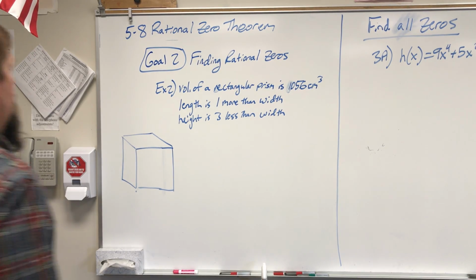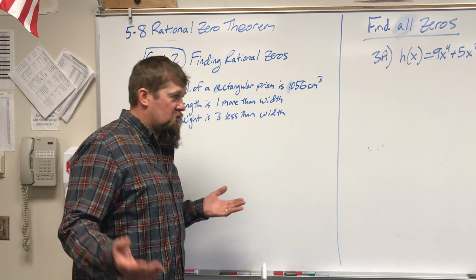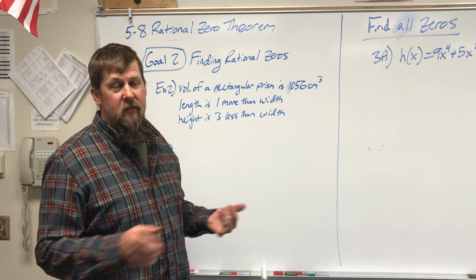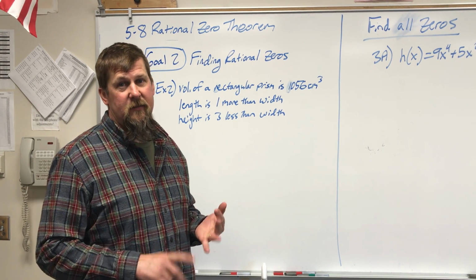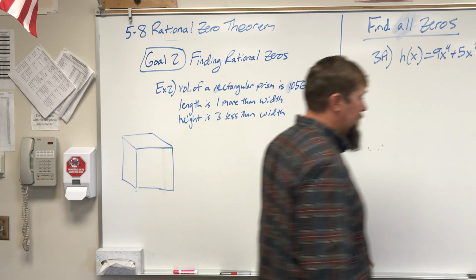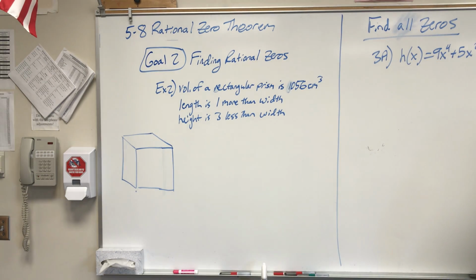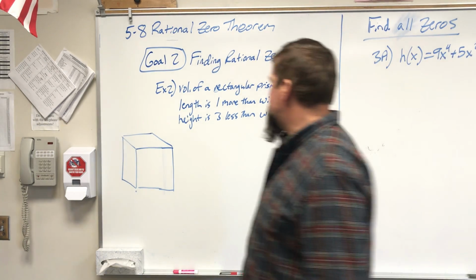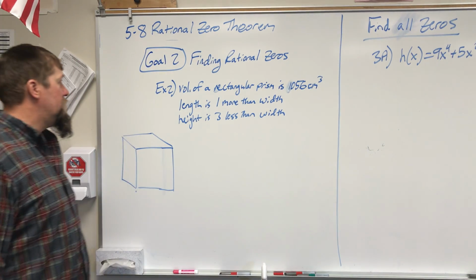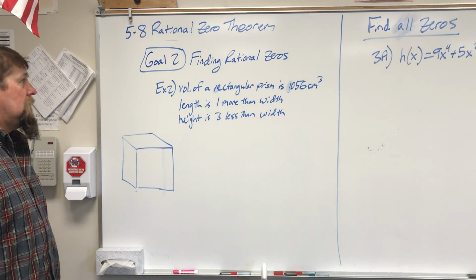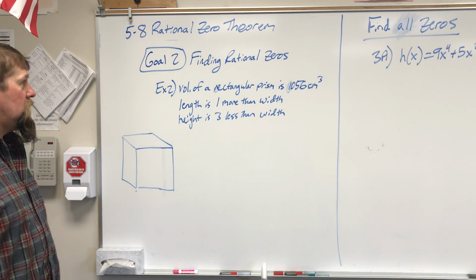Second goal on 5.8 is called finding rational zeros. So basically we've been doing this on 5.5, 5.6, 5.7, and now we're doing it again on 5.8. Okay, so the first or second example here in this section is: the volume of a rectangular prism is 1,056 cubic